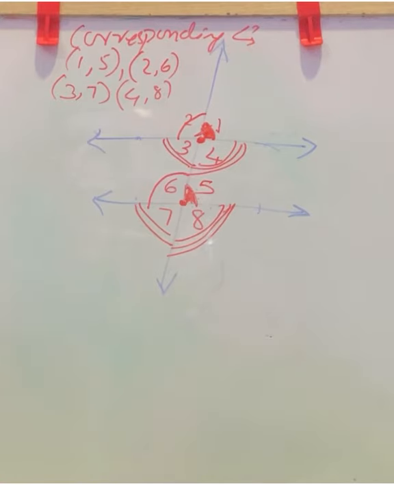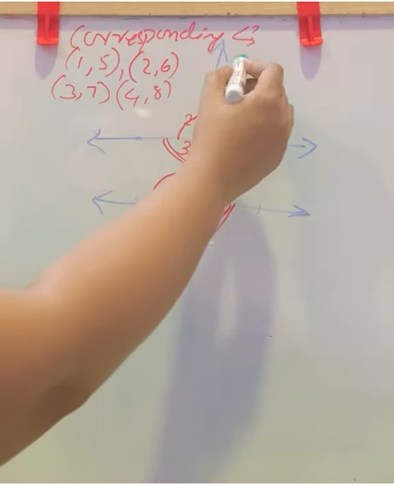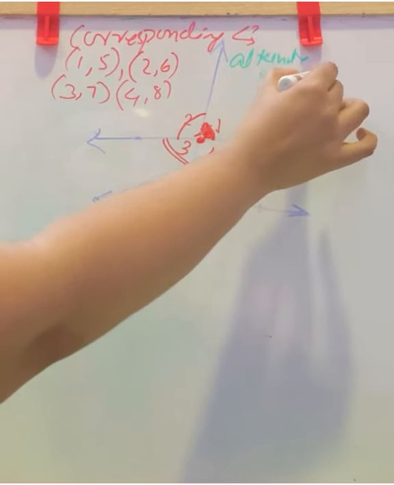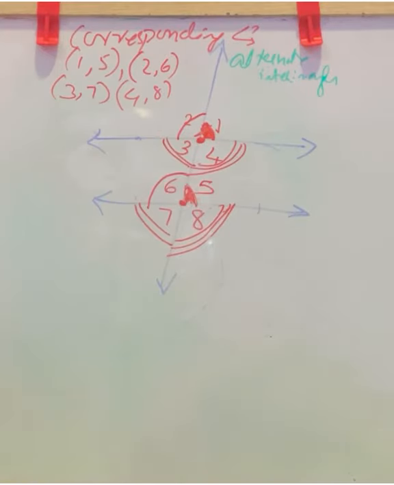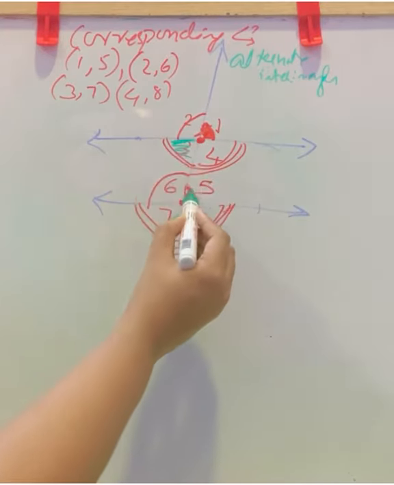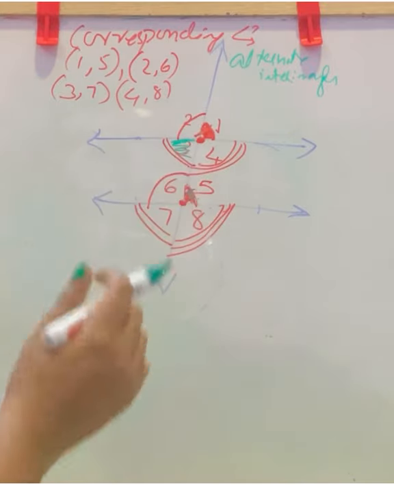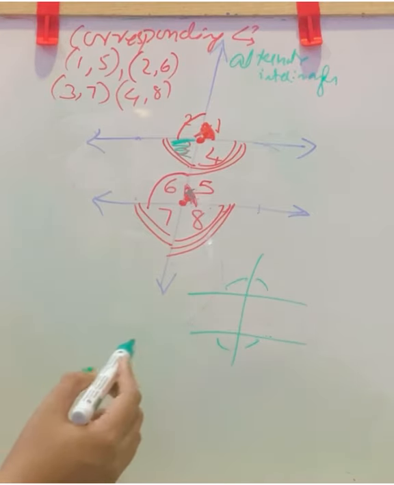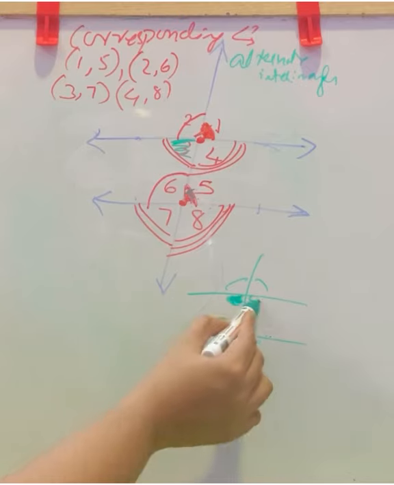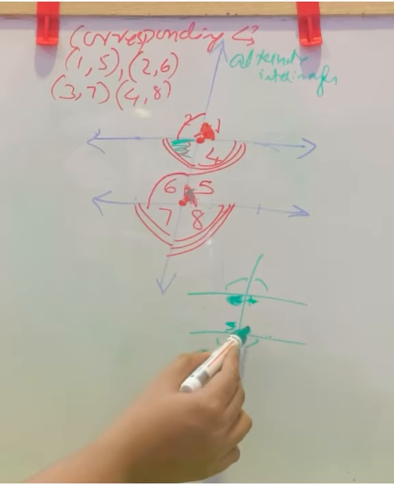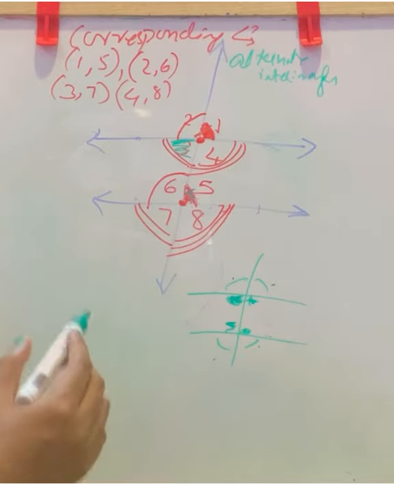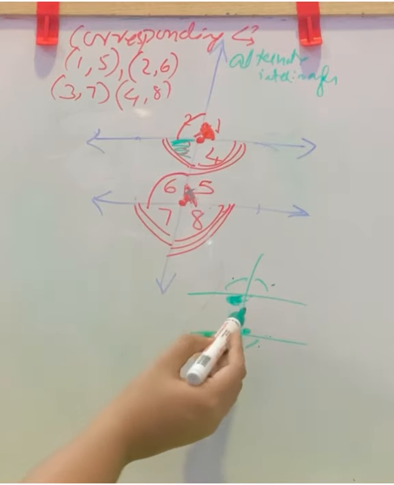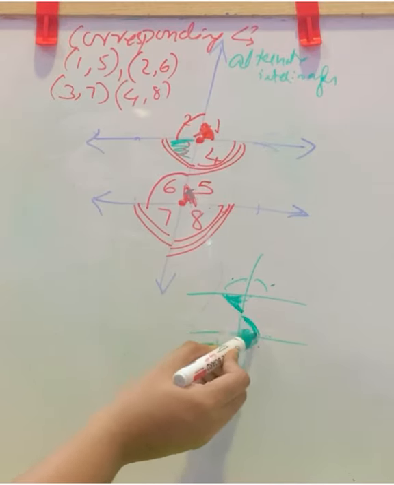Next, we are going to check alternate interior angles. Here, alternate interior angles 3 and 5. This is an interior of two lines. Here we have two lines and these angles are exterior angles, and in inner side we can see the interior angles. 4 interior angles and 4 exterior angles. Now we are talking about alternate interior angles. That is, for this angle, alternate interior angle situates here.